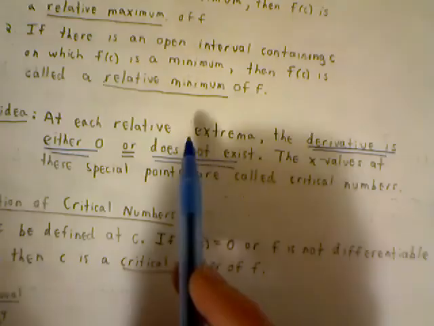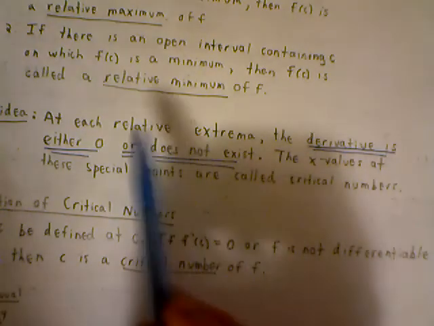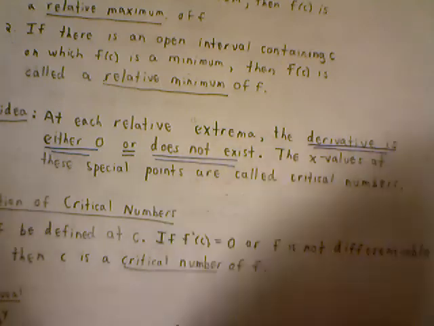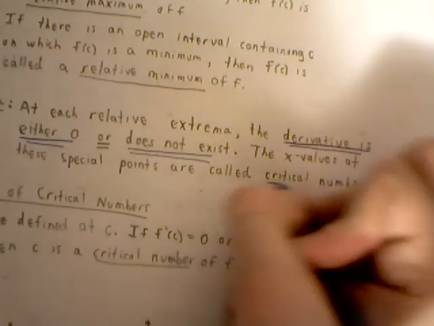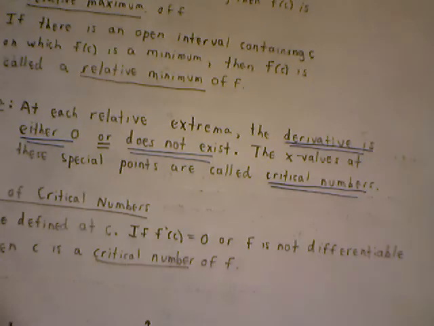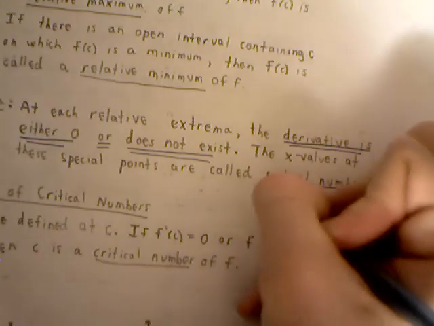At a relative extremum, the derivative is either 0 or does not exist. The x values at these special points are called critical numbers. For the rest of our unit, you're going to be working with critical numbers. The key thing you have to remember for critical numbers is either the derivative is 0